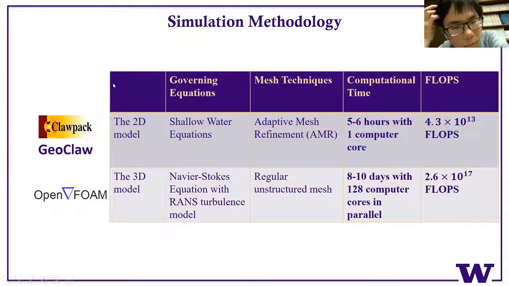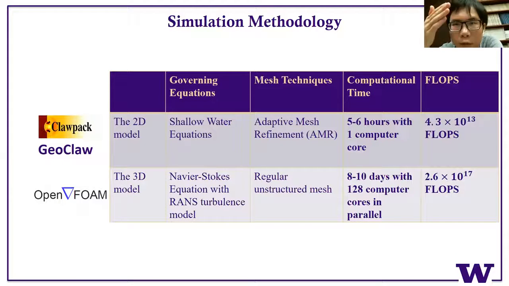So for the 3D model, we refine the grid a lot near the buildings. As I remember, the smallest mesh can be on the order of centimeters. And for the 2D model,